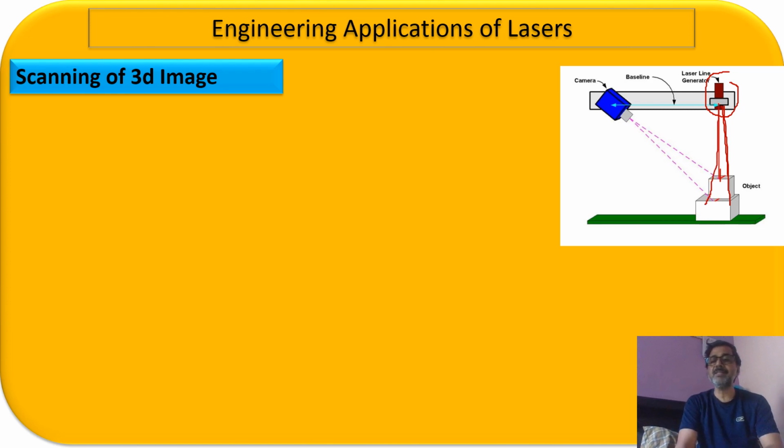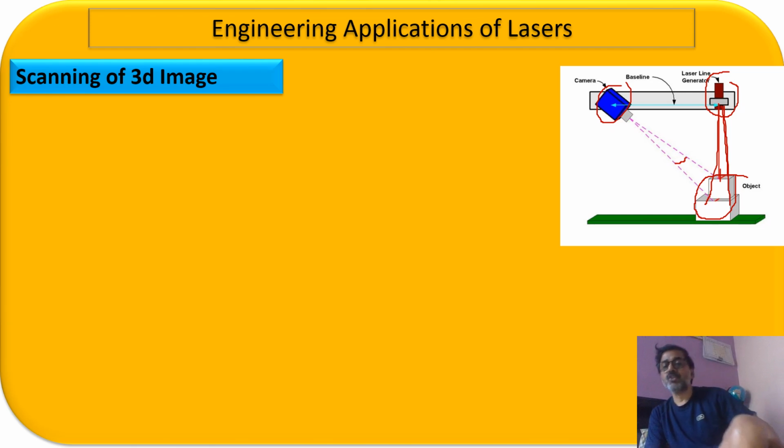So the laser is scanning this entire object, and from all parts of this object the light is getting scattered, and the scattered light is coming to the camera. So here you have got the camera, and the scattered light from all the parts of this object is coming over here. Now of course we can find out how much time it has taken in traveling from the laser to the camera, and then what is the phase with which the beam is coming from the different parts of your object, right? So if you are able to detect the phase, record the phase also, you can record a three-dimensional image of that object, right?